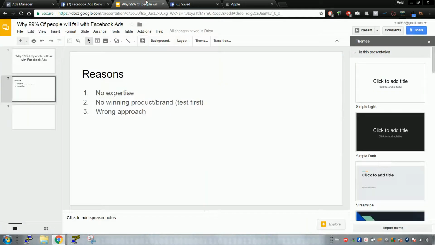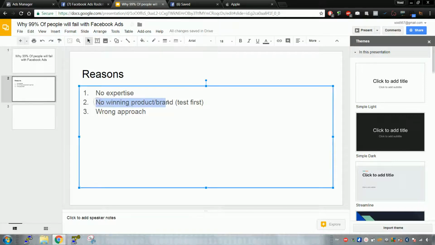So you really have to dig down. Look at people's portfolios, the campaigns they've run, the results they've gotten, to really decide who's actually good and who's not. Because everyone says they're an expert until you question them, and then they can't really answer the question anymore. So yeah, there are two parts to this. You either have a winning product already, or you're going to test. All right, you have to be clear on that.